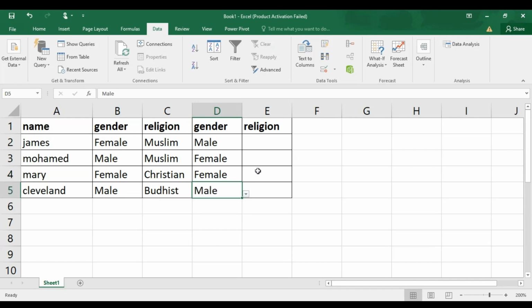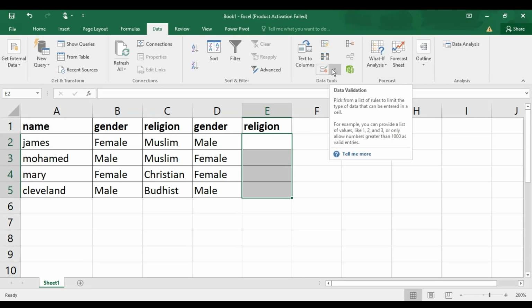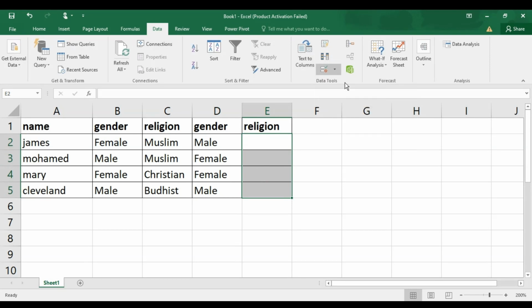So then the next thing that we are going to do, we are going to repeat the same process to create a drop down for religion. And remember, for religion, we have Muslim, Christian, Buddhist, and Hindu. So we select the items in the first page, then we go to data. After that, you go to data validation, go to settings. Instead of any value, you select the list. Then at the source, you type Muslim,